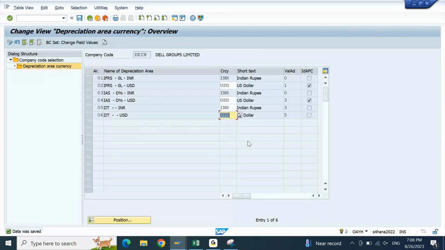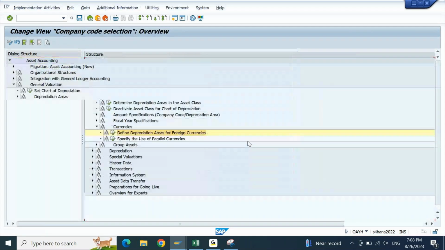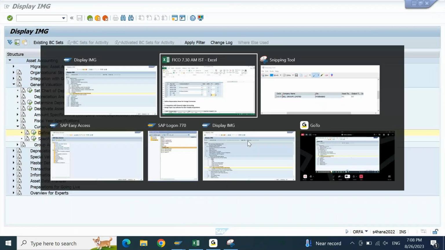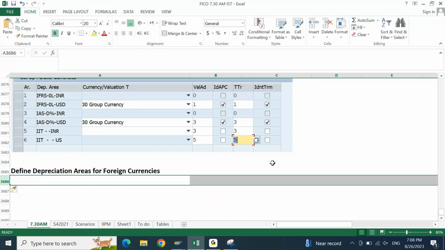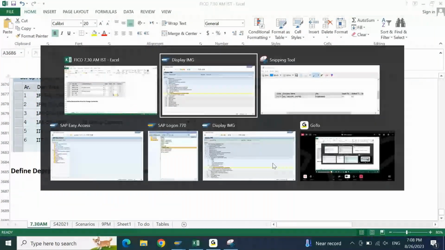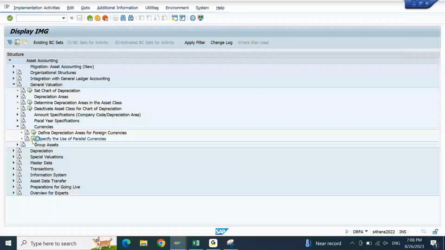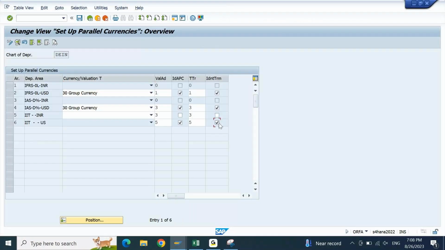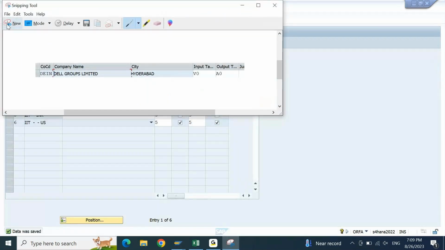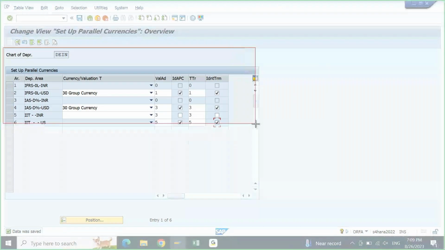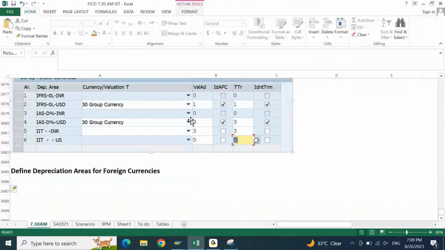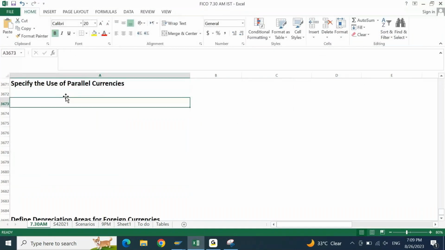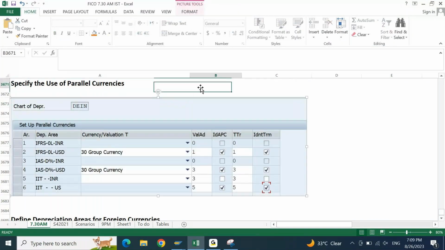Enter. So this is your initial setup for chart of depreciation asset accounting. And I'll put this screenshot also here. So what I'll change the screenshots. It has to be ticked here, identical. Let me replace this screenshot. Copy this. It will be this. And after this,